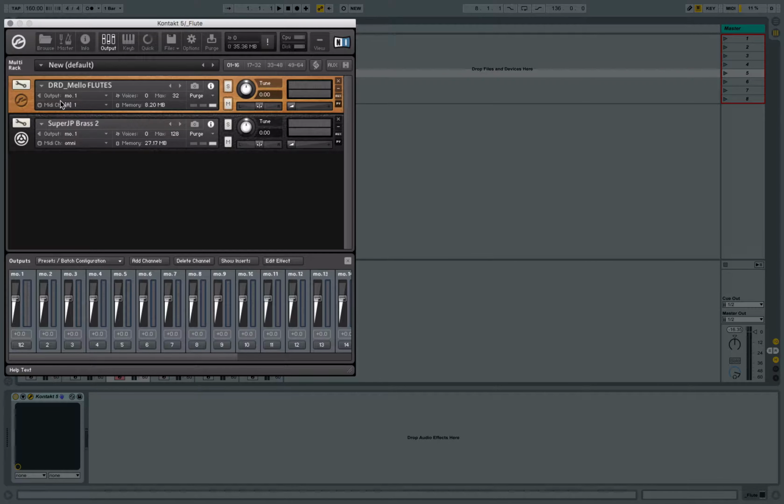Right now we can see, if we've got the I exposed on each of these, we'll see the output and the MIDI channel here. Both of them, well actually this one should be receiving on Omni, all MIDI channels in. And then they're both currently routed to output to monitor or output 1 of both of these, which is M0 down here. So now we want to route out this second instrument, this Super JP Brass 2, out monitor 2,